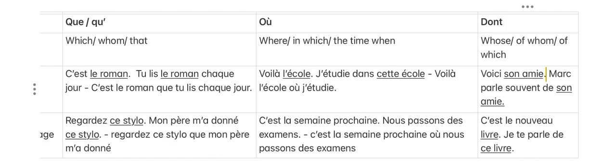Marc parle souvent de son ami. Mark speaks often about his friend. So, in these two sentences, the repeated word is son ami. Again, we will be following the same steps, that is to avoid the repetition and combining the two sentences into one, we will be using the simple relative pronoun dont. So we get